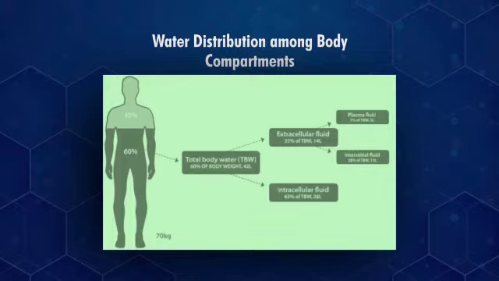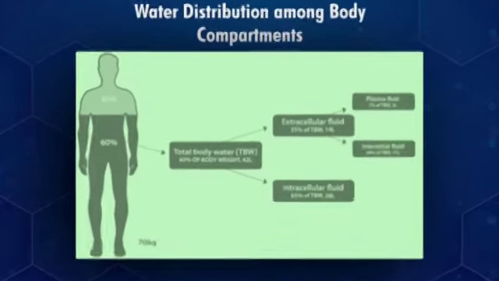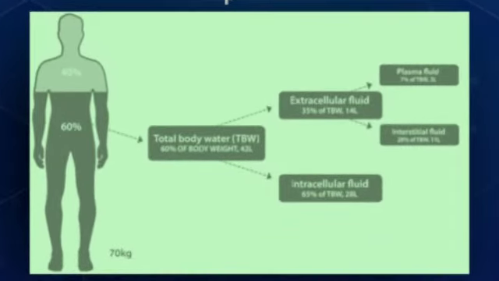Water distribution among body compartments. Suppose total body water is 60% of the body weight. Suppose the body weight is 70 kg. So we can say approximately the total water content is 42 liters. In 42 liters,